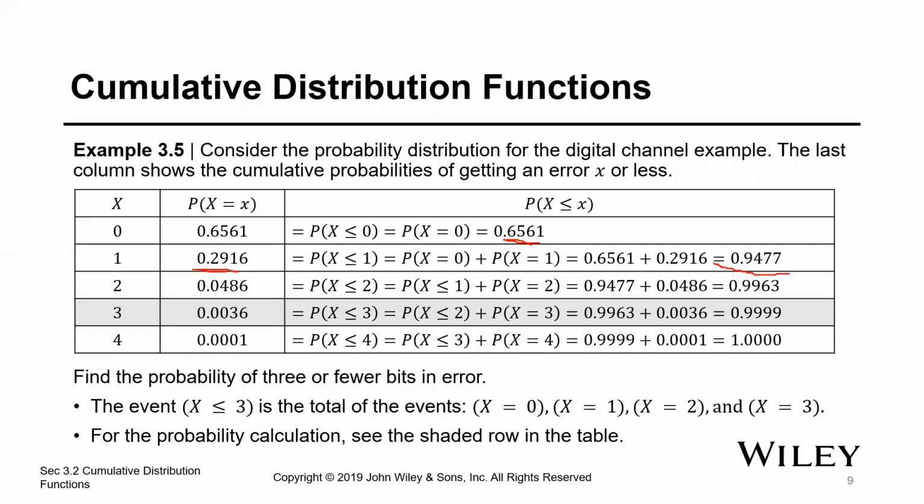When you do cumulative distributions, so the probability of 3 or fewer errors right here. Well, if I have a probability of 0.9999 at 3 as a cumulative function, then my